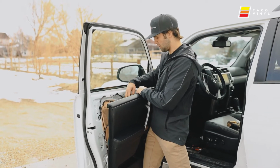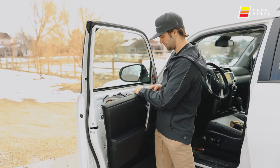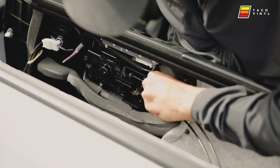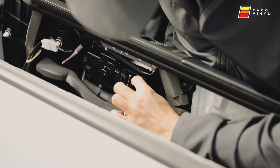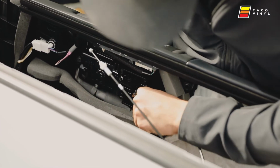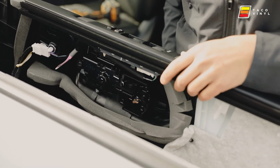From behind we need to release the two wires to open the door, and then the controls up here. The first ones we need to release are your lock and door handle. What you'll do is pop out this white little part like that, swing it around, get the wire free, and then just lift it, and it pops out. Same thing with the green. Then when those two are free,